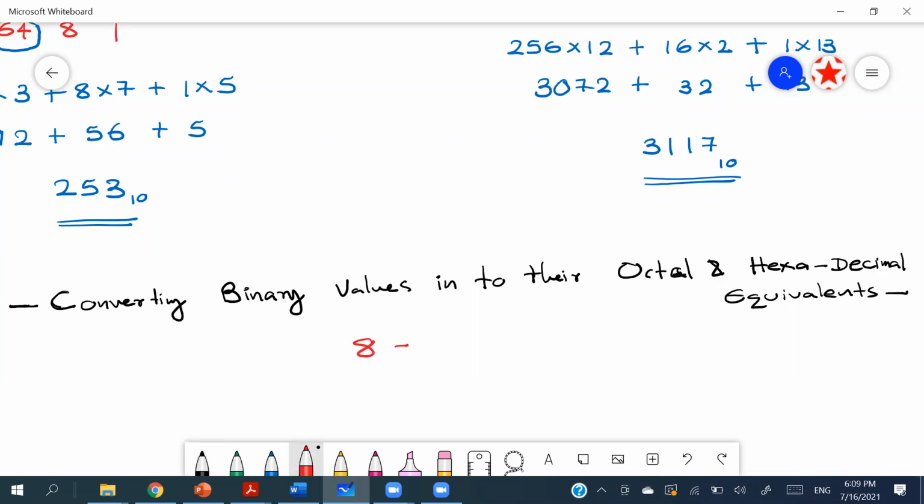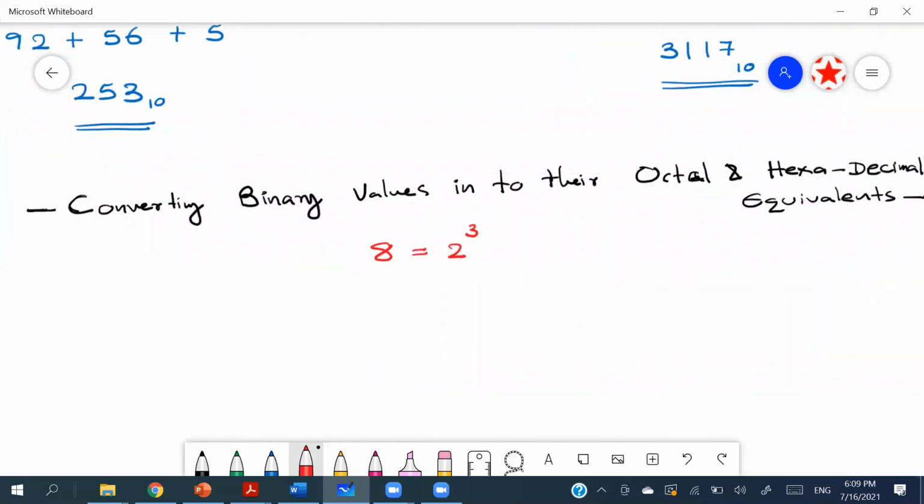8 is equal to 2 to the power 3, right? So that is the relationship between octal and binary. We are representing 8 as a power of 2. So we can see 8 is 2 to the power 3. Now remember that, and you are going to see something related to it when we are doing the conversion, right? So the first example that I'm taking,